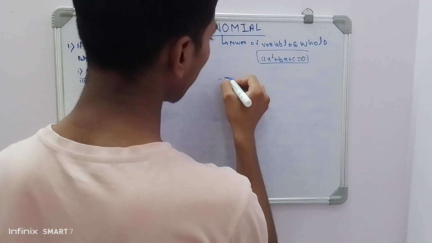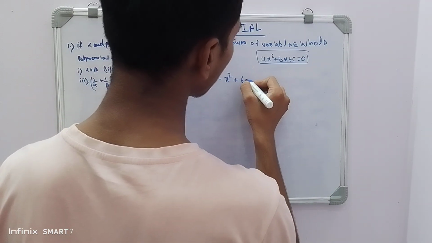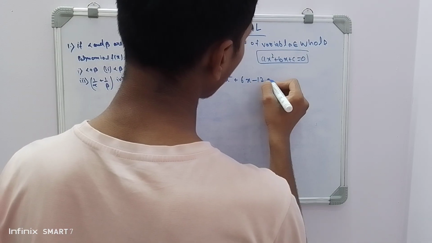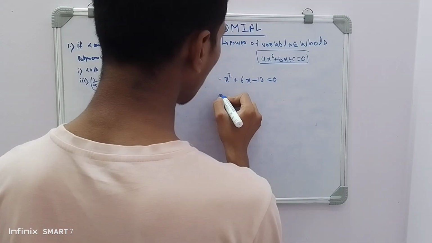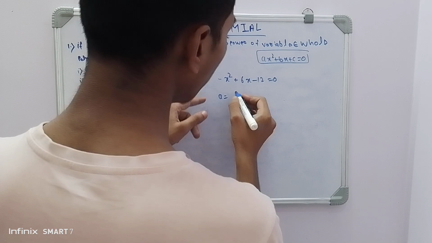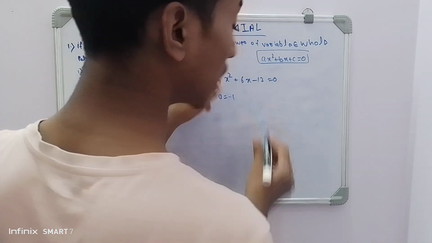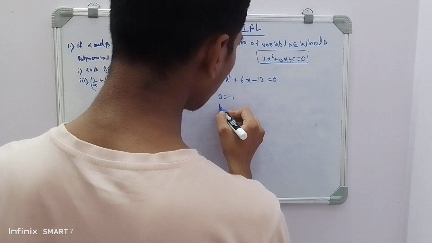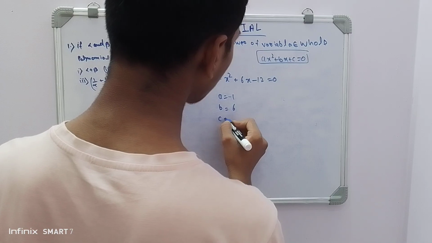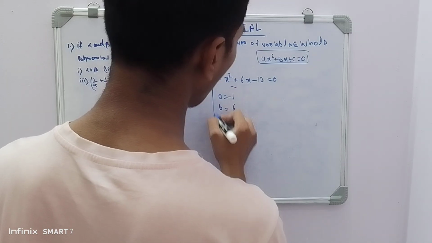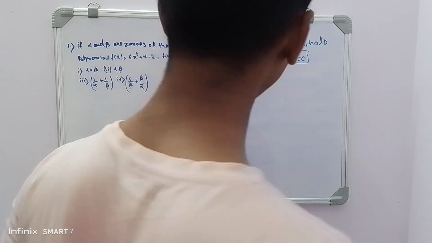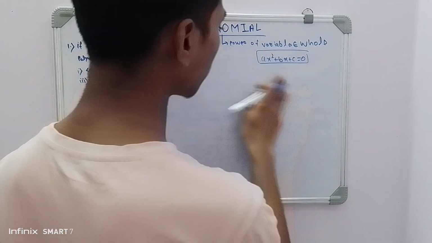So minus x square plus 6x minus 12 is equal to 0. And if I ask you the value of a, a is going to be minus 1 because here we have the minus sign, and b is going to be 6, and c is going to be minus 12. If you have understood this, I am going to teach you another concept,